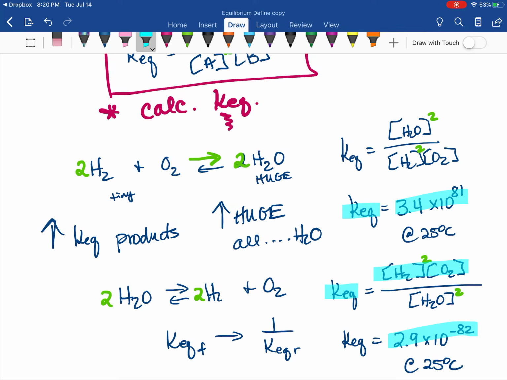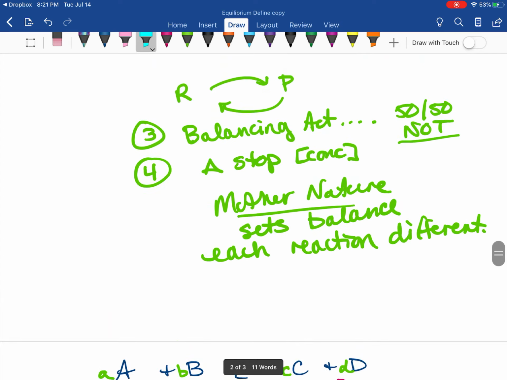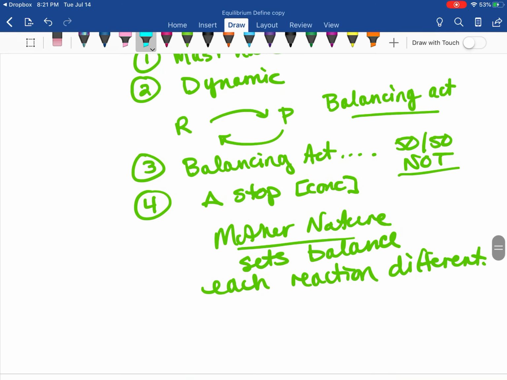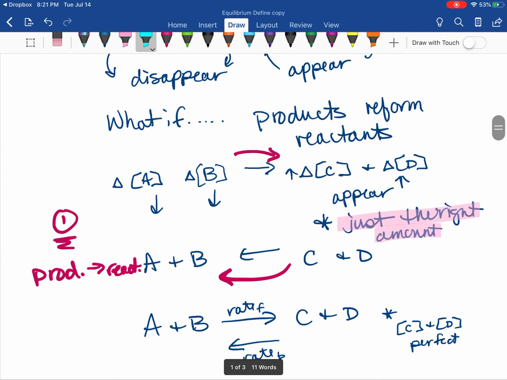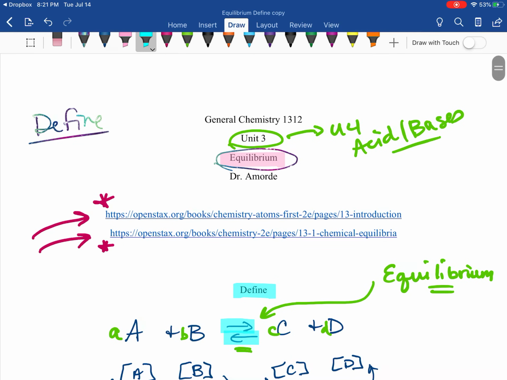They're reciprocals of each other. And you can really get an idea by a quick glance of your KEQ whether your reaction is going to favor products or it's going to favor reactants. It literally gives you that calculation of that ratio. So it's a really powerful definition that we're going to use every day for the next 2 units. So now that we've defined everything and defined our equilibrium, let's stop this video and let's start another video where we